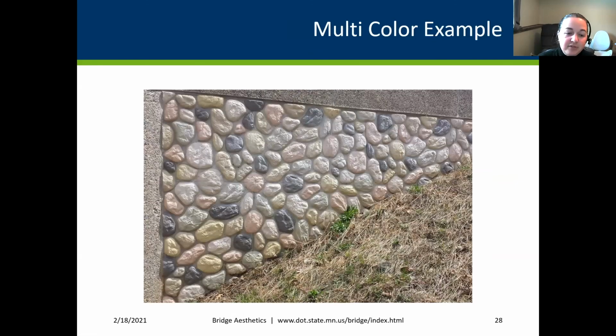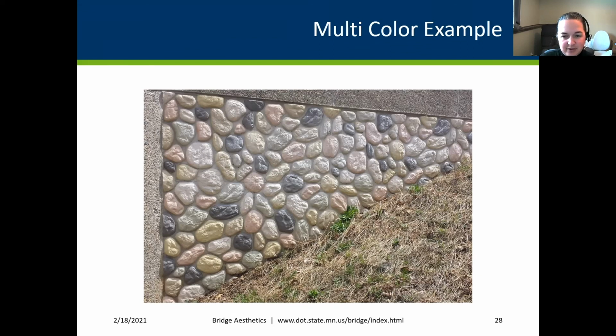Here's a good example of what we don't want to see. And this is kind of a, you know, we need to have good partnerships. So this is actually a culvert. The city used real stone on their side. We did not on our side. And we were going to do form liner, which is our common practice. And so they painted each stone individually. So you have one pink stone, one gray stone, one white stone, where they didn't blend them. They took the spec saying 5 colors, and they painted them 5 colors.